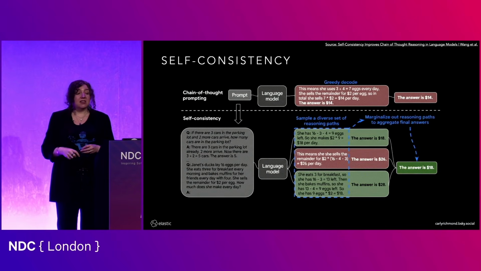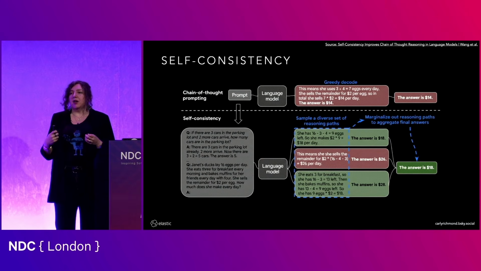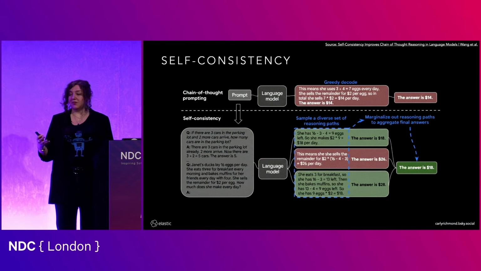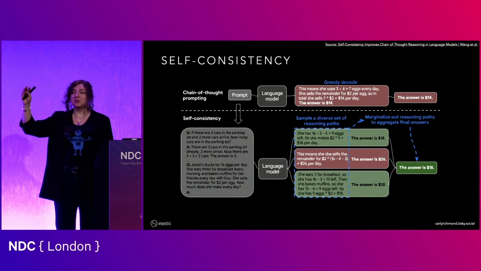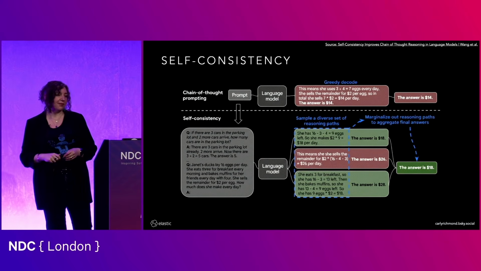So one valid extension of chain of thought prompting is called self-consistency. Now, chain of thought, depending on the number of examples, can get quite weighty and quite complicated. So the idea of self-consistency is it basically samples the different paths put into the few-shot chain of thought prompt, and then it looks for the most consistent answers coming out from those paths, and it uses that to determine the right answer.